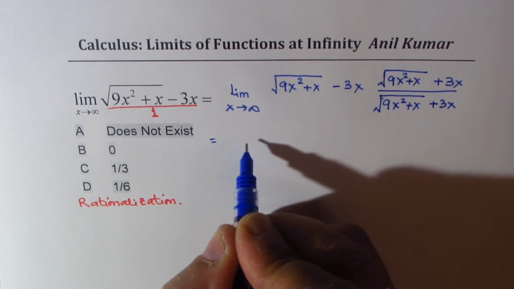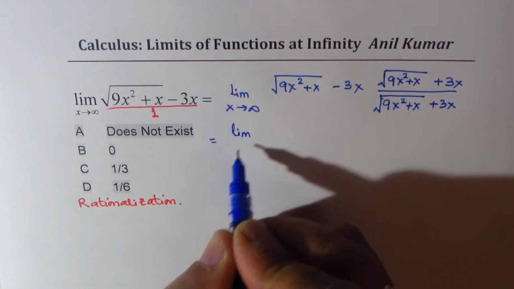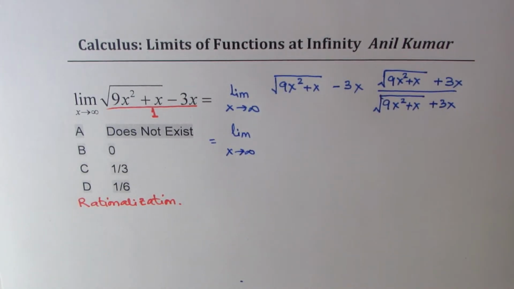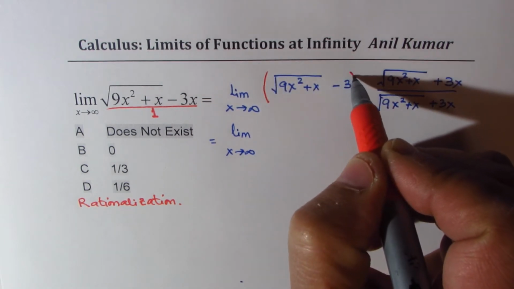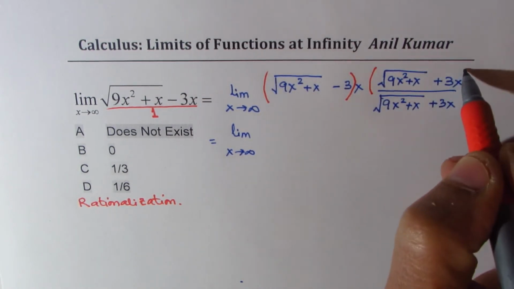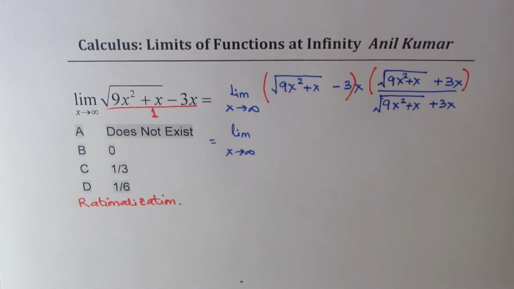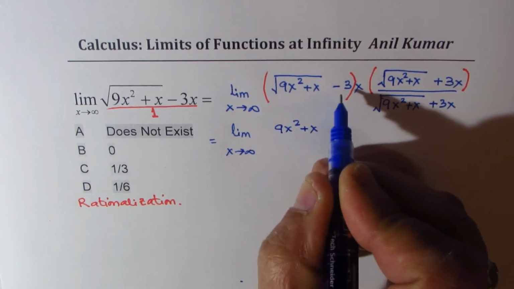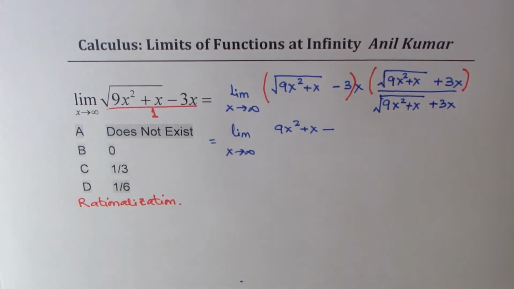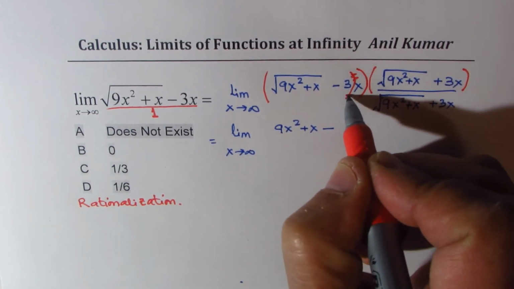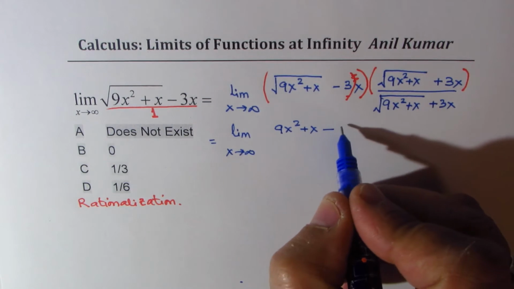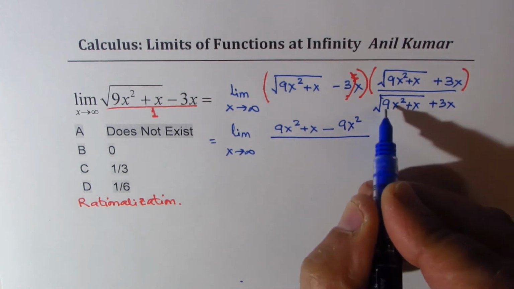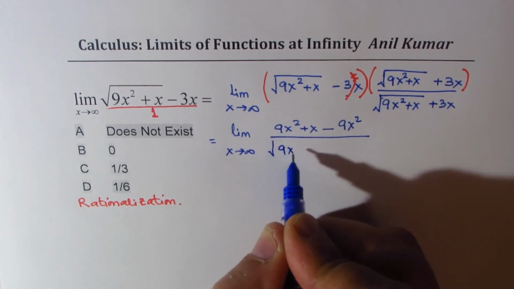So once you do that, you get limit x approaches infinity. Now the numerator is a difference of squares, right? So we have difference times sum. That's the whole idea. So what we get here is 9x squared plus x minus, I'm sorry, this is 3x here. So minus 9x squared, the square of 3x, divided by the square root of 9x squared plus x